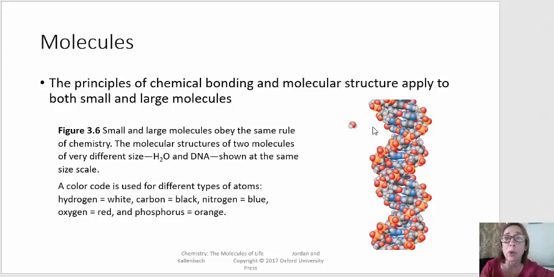And while we're looking at this graphic, I want to point out that the 6 biologically important atoms or elements that we find in biological molecules are so common that they have specific colors in these molecular models. Hydrogen is always white, carbon is always black, nitrogen is always blue, oxygen is red, and phosphorus depends on the book, but for our book, it's going to be orange.